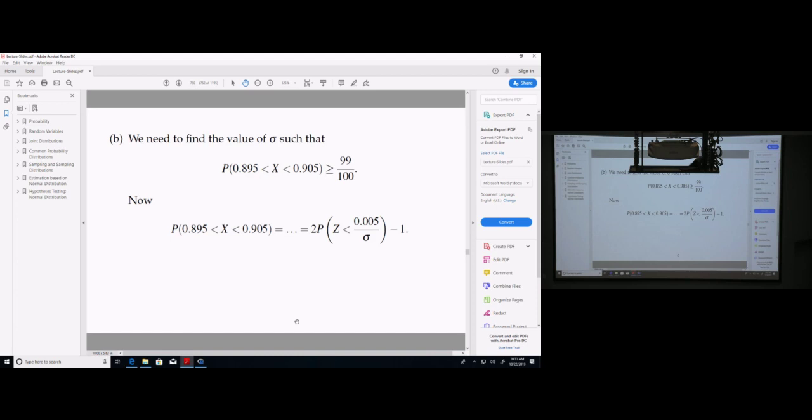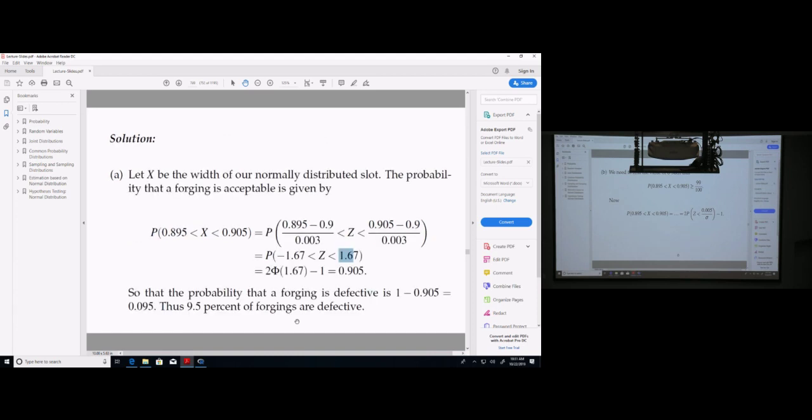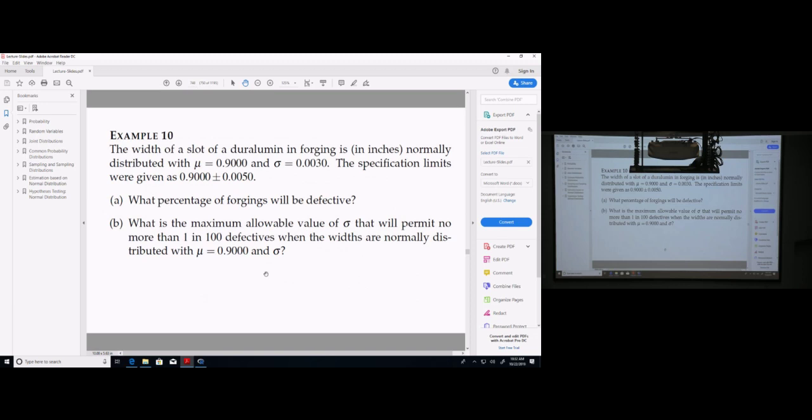Okay. And now we wanted to ask the reverse problem. What is the maximum allowable value of sigma that will permit no more than 1 in 100 defectives? If you are in the industry of making this kind of thing, this is the precision that you should aim at. This is easy to ask, but whether technology can keep up with making it so precise is another matter. That would be an engineering or construction